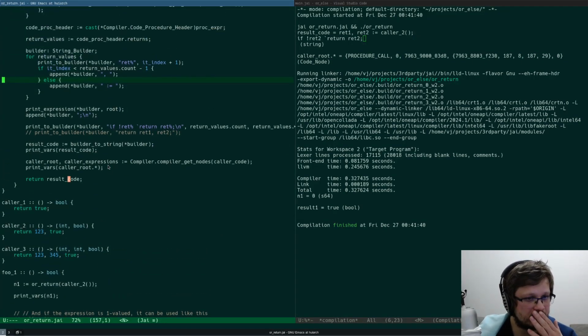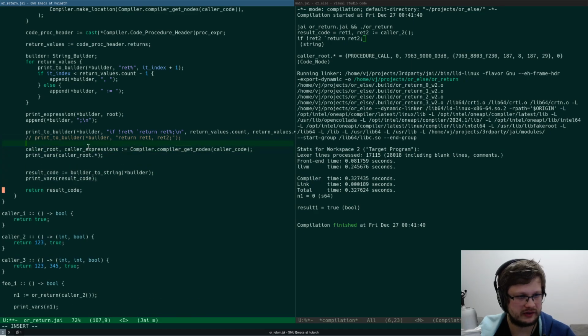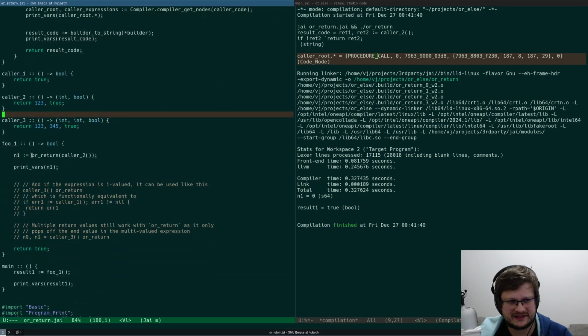All right, so what I want to do is the color code shenanigans somewhere here. So I have the color root of the color code, and from the color code I want to get the return function of the outer scope. Let me print the color root, which is a procedure call. And I wonder if it's this procedure call. It probably is, right?